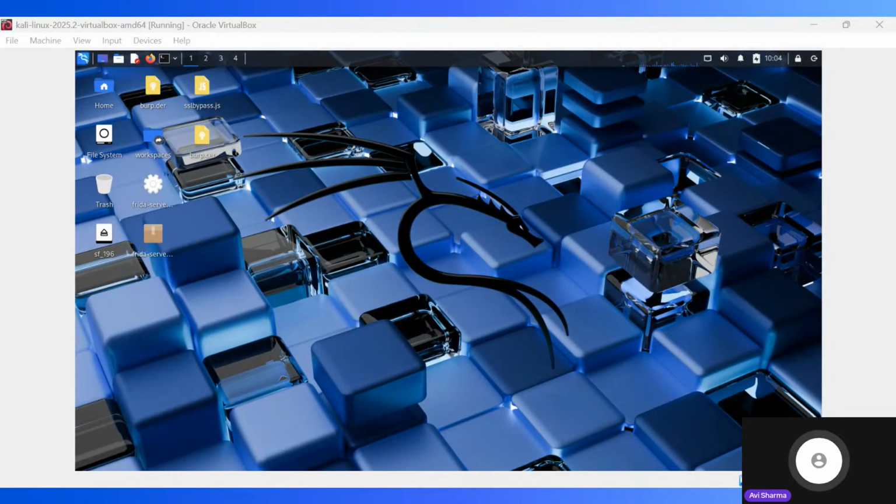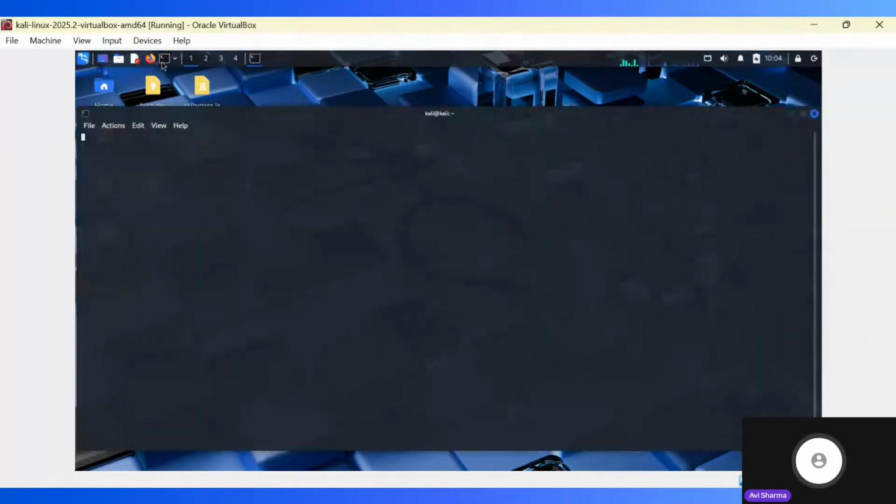Okay. So what I'll do here is I'll first talk to you about port scans. In any sort of machine, there are ports. There are 65535 ports. And each port can have a service related to it.